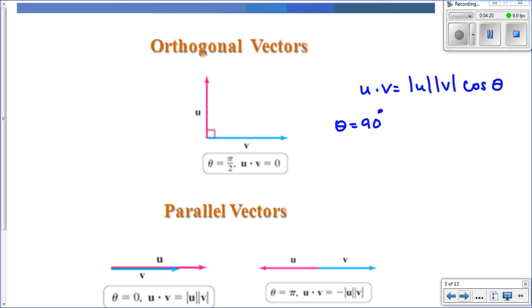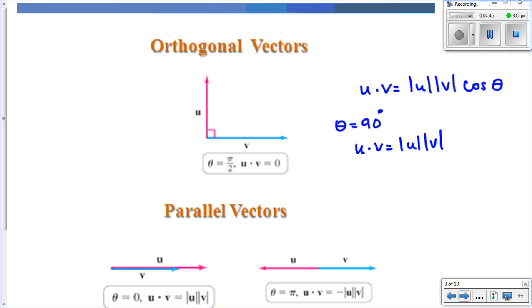That means we have two vectors that are orthogonal to each other. Orthogonal is just another word used when referring to vectors, but it just means that the two line segments would be perpendicular to each other. So if the angle between the two vectors is 90 degrees, we say that the two vectors are orthogonal, and that means that the dot product